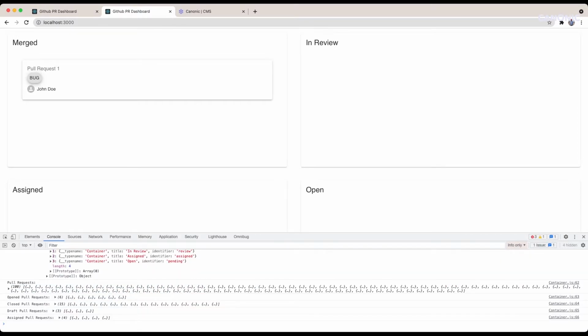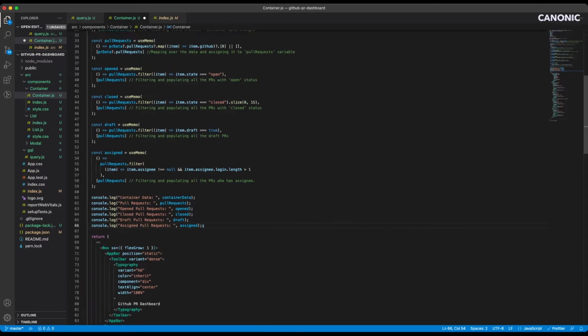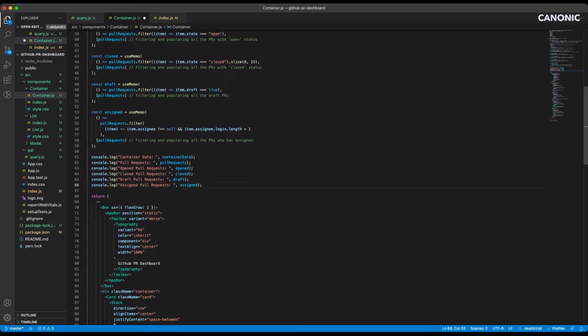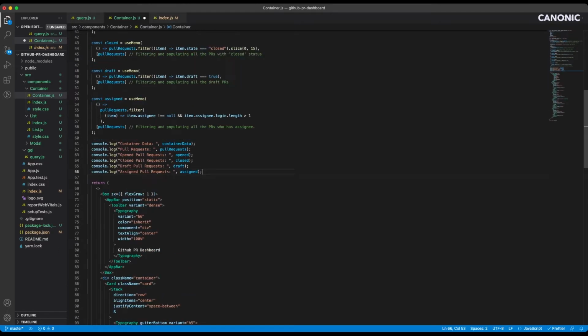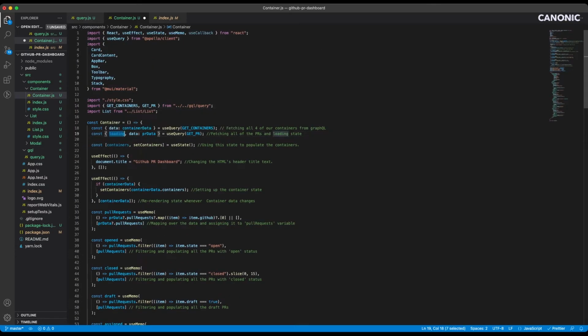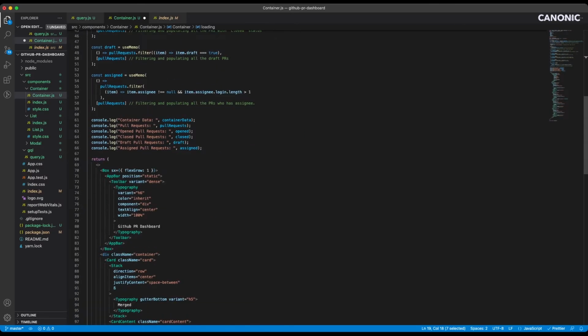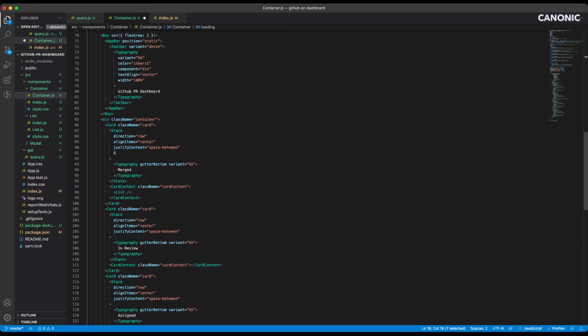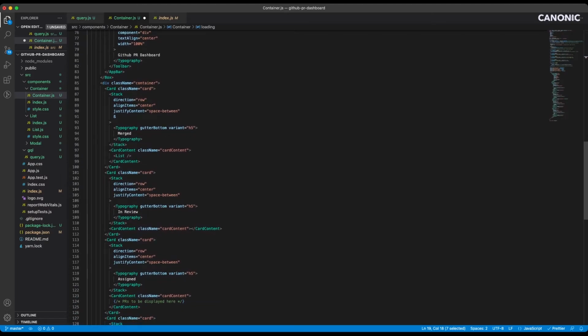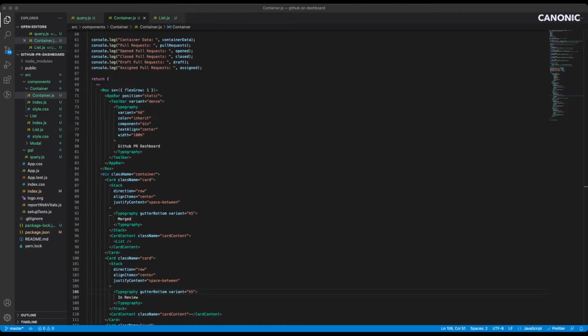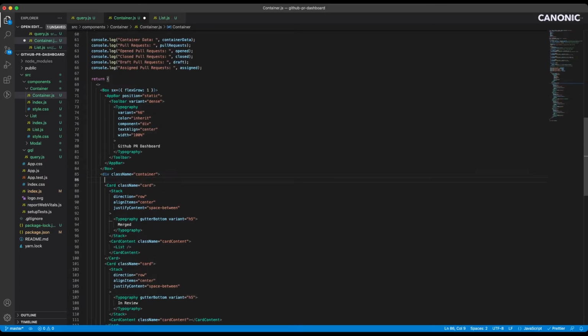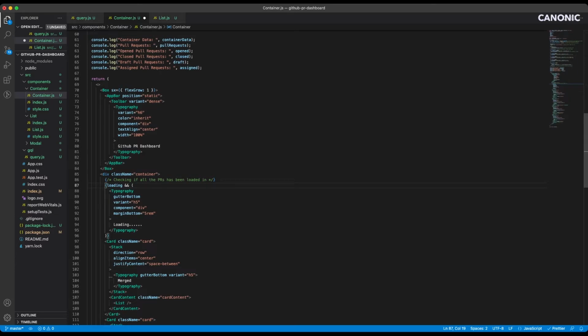Let's head back to our editor and see how we can use this data to display on a front end. As you can see, we are also getting a loading variable here, which tells us if the API call is in progress or not. So we can quickly add another text that can just say the data is loading. So let's quickly do that. The condition would become something like this. When the API request is loading, we'll just show a text that it's loading.